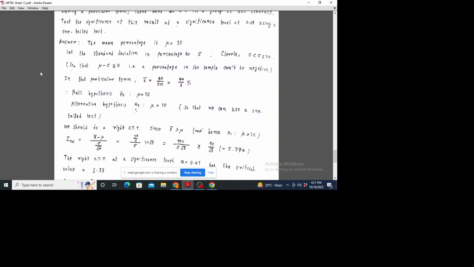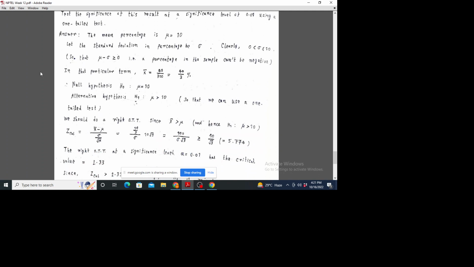So significance. To test the significance, what do we do? Again we set up a null hypothesis. Here our null hypothesis is H naught, that is mu equal to 10, and our alternative hypothesis will be,